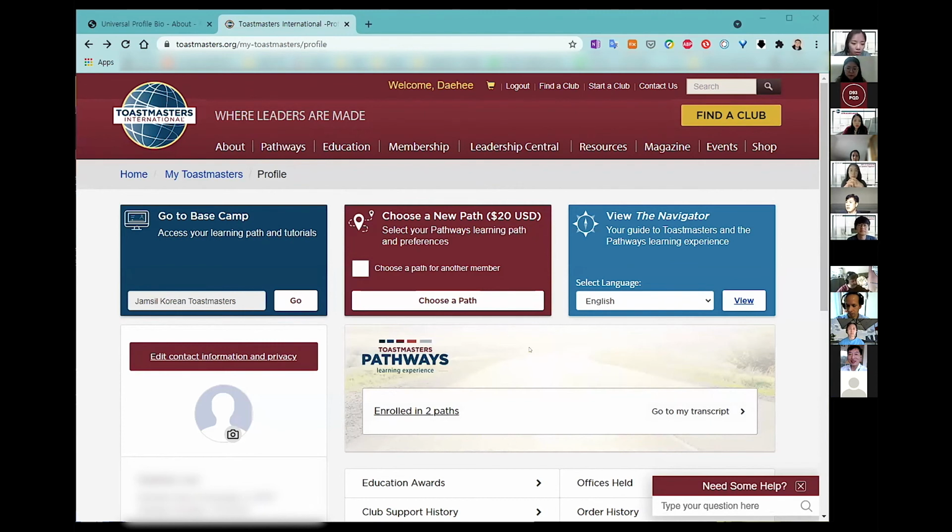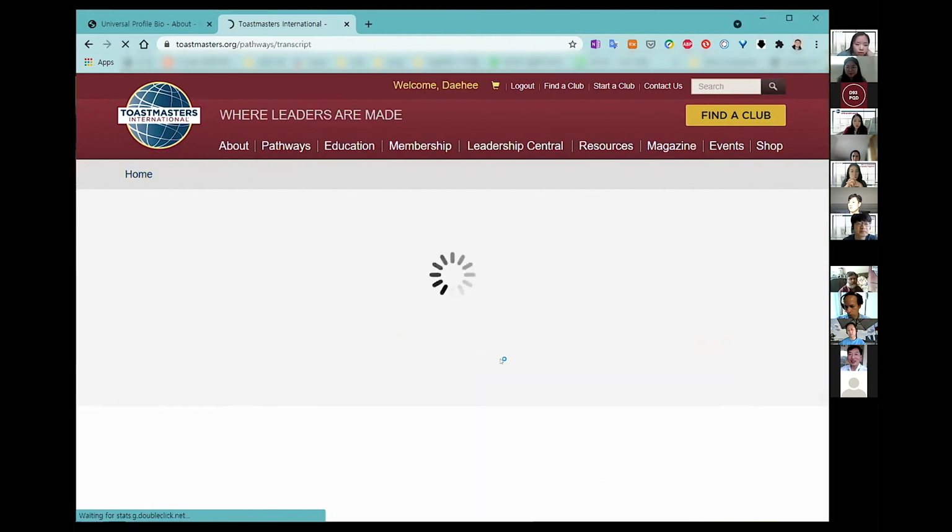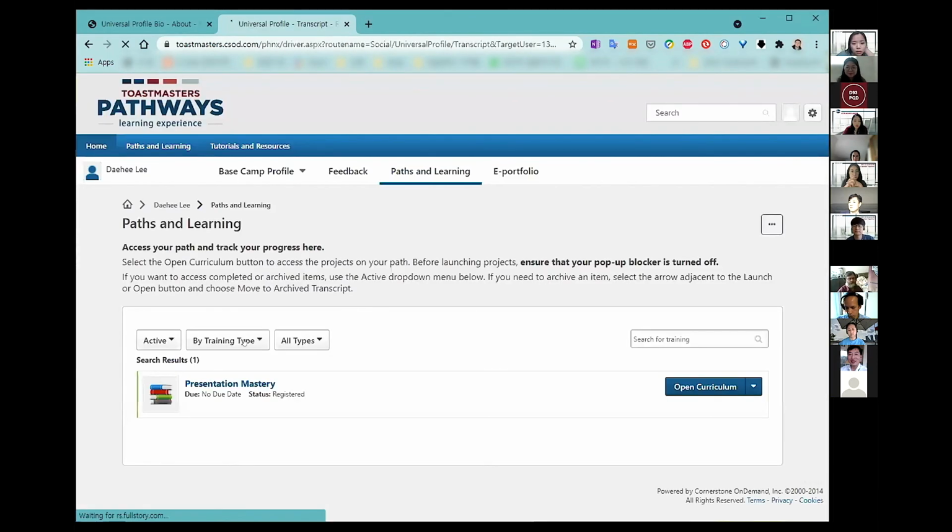Okay, Dae-hee, as you can imagine, it says enrolled in 2 paths. Okay, let's see. Can you click them? Enrolled into path. When I click this, I can see this. There's one. Okay, and can you click the Toastmasters Pathways, the bigger logo above?